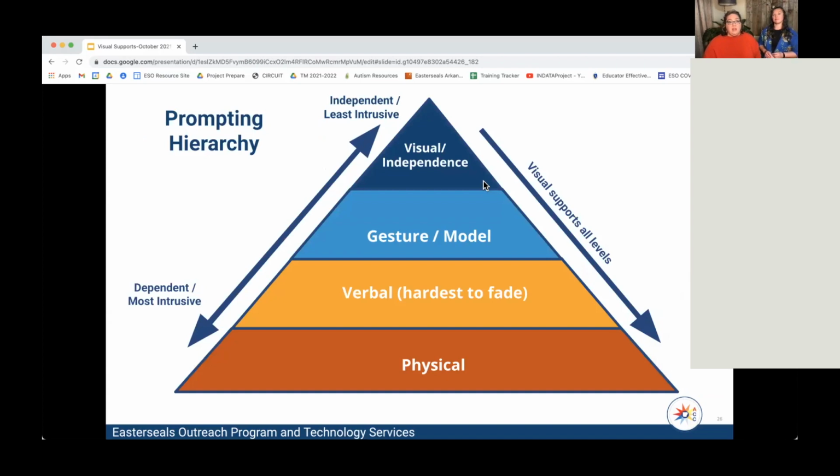Real quick, we want to talk to you guys about prompting hierarchy. This is just one example. If you're working with your speech pathologist, they've got their own type of prompting hierarchy. And depending on the skill that we're teaching in the classroom, we may have a completely different one. But one that we want to talk to you about today is this one that's least to most or most to least. If I could draw your eye up to the top where it says visual and independent,